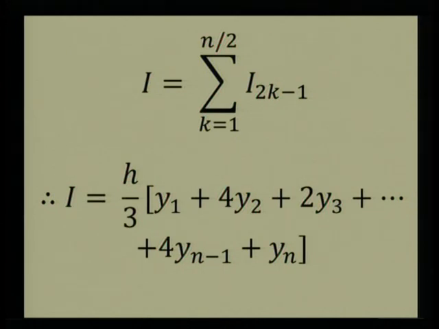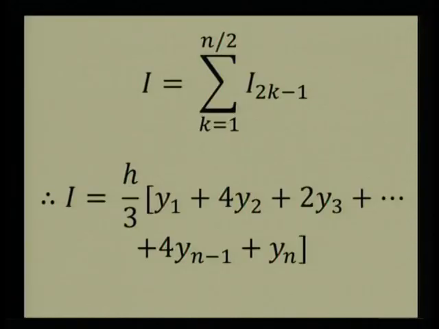Inside the bracket, in the trapezoidal rule, the first and the last points were kept as they are, that is y1 and yn. In between, whatever tabulated values of y you have are multiplied by 2 in the case of the trapezoidal rule. Clear? Now, in the case of Simpson's 1/3 rule, in the beginning we have h upon 3. Inside the bracket, again the first and the last value of y are kept as they are, that is y1 and yn.